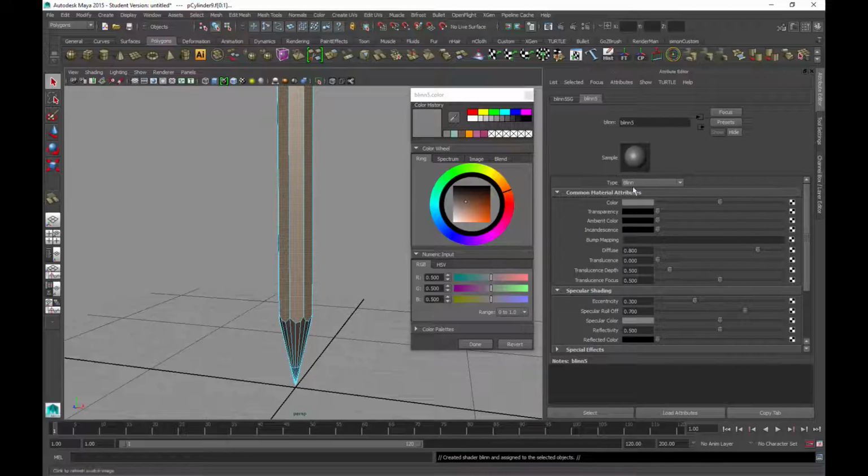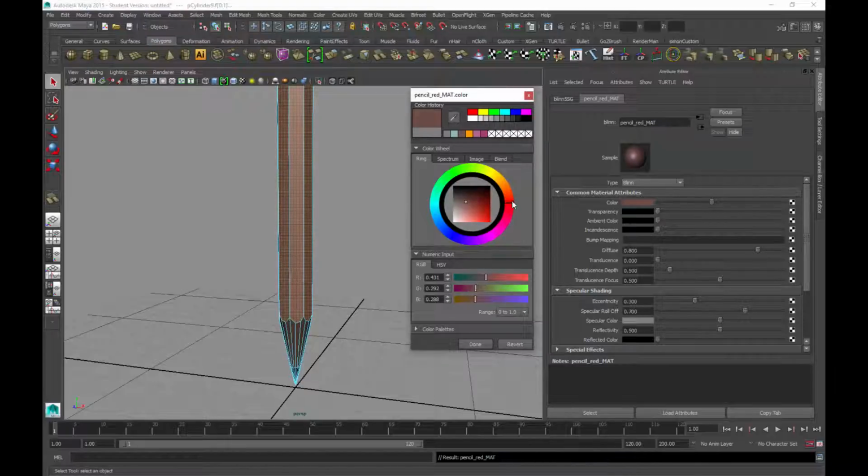And I want to select a color for this pencil. Now I used the yellow color before, but there are other types of pencils. I think the Staedtler pencils have an alternating black and red, so you could do something like that. So I might actually try that. I'm just going to call this pencil red matte,